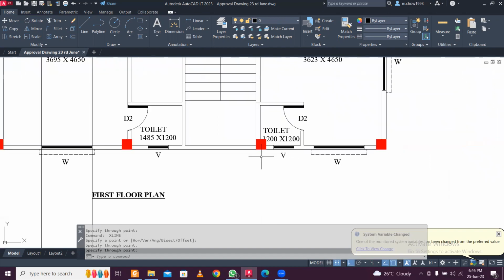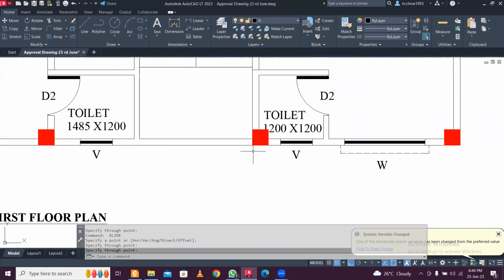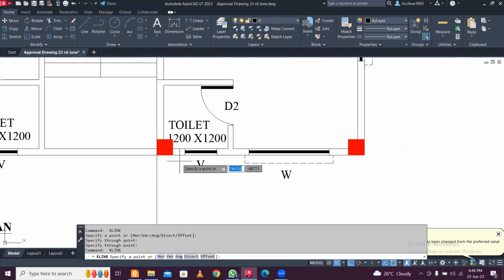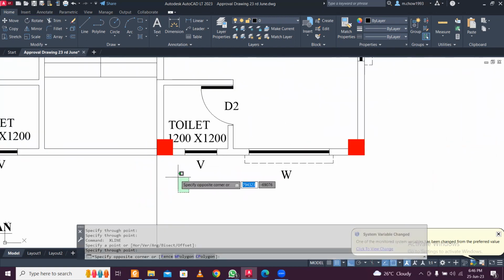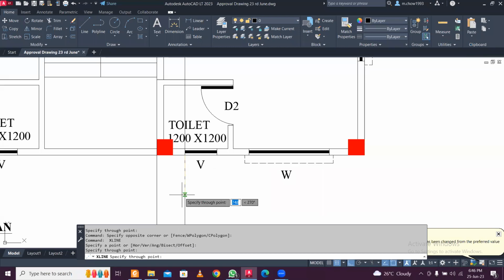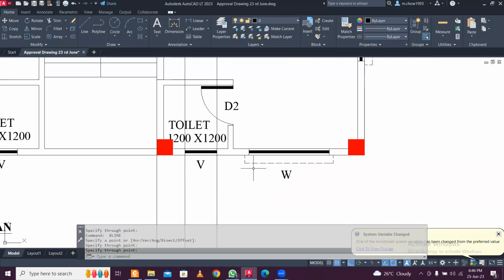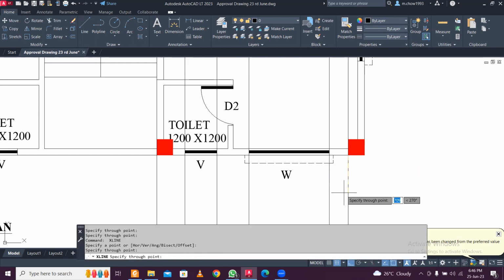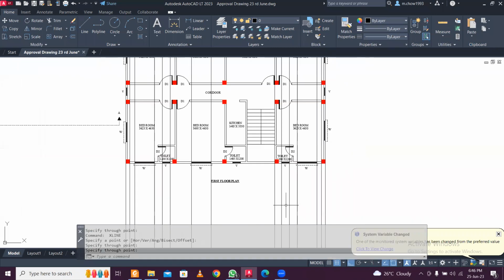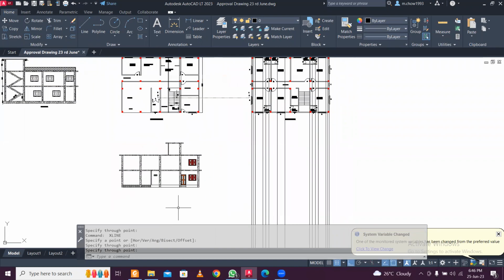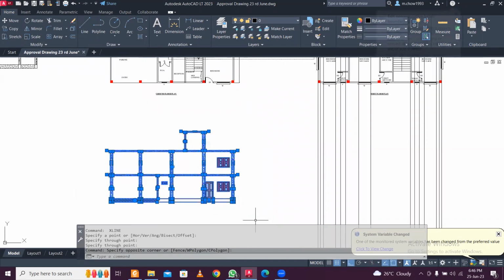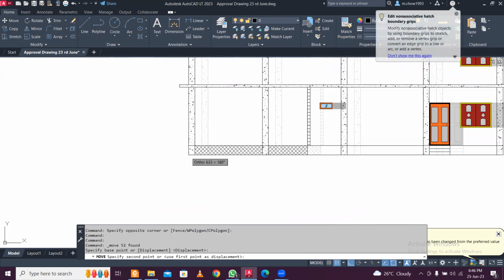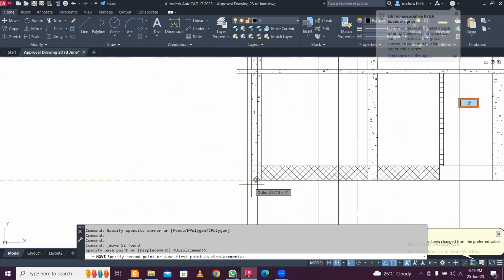This will not be visible in the front elevation. I'm just using space. You just space enter to do it. Right? This is just like a game. Don't take it too seriously. It's like a game and you get better with it